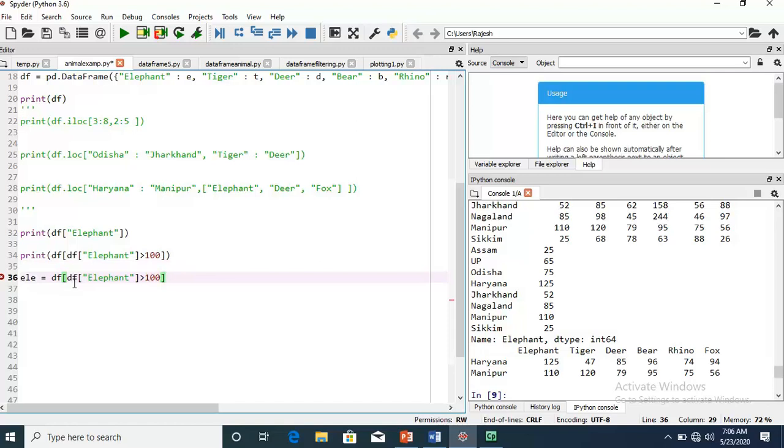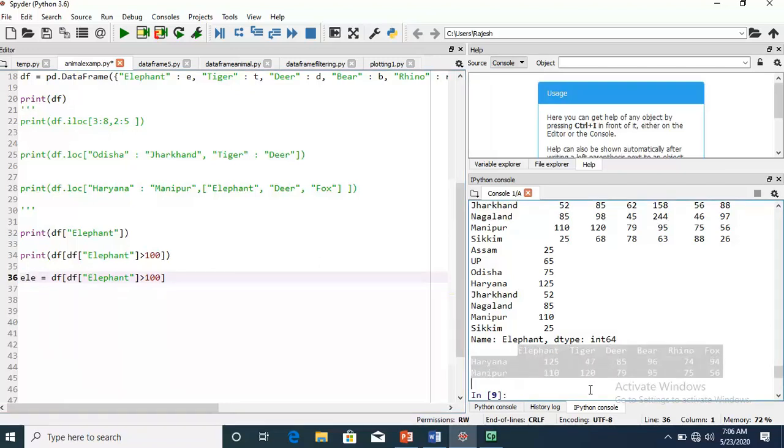Now what is going to happen when this code is executed? It fetches this subset of data into the variable ELE. Now we have another data frame, ELE, which has this subset of data.